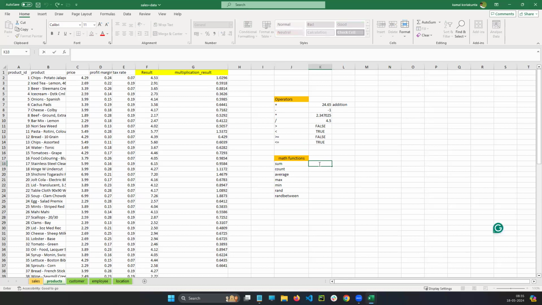See how to write the formula. Just write equal to, and after that write the function. Write sum. You can see the sum function is available in Excel. When you write sum and open the parenthesis,